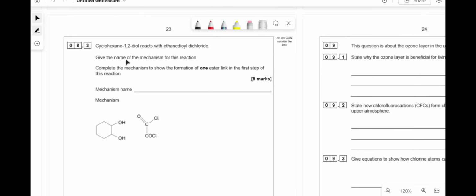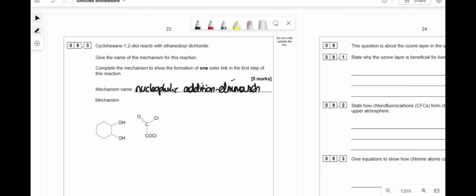Cyclohexane 1,2-diol reacts with ethane dioyl chloride. Give the name of the mechanism for this reaction. Complete the mechanism to show the formation of 1 ester link in the first step of this reaction. Okay, so we've got an acyl chloride, and we need to think about what we're reacting it with. So in your big synthetic pathway, you need to think, okay, acyl chloride, what can I do with acyl chlorides? If I react an acyl chloride with an alcohol, they react vigorously to produce an ester. And the mechanism by which they do this is called nucleophilic addition